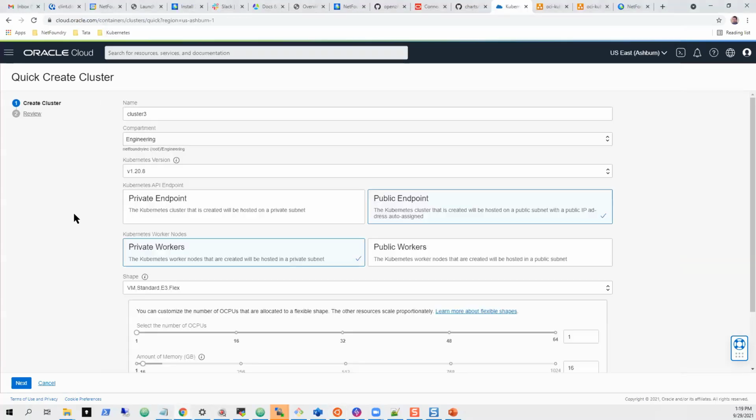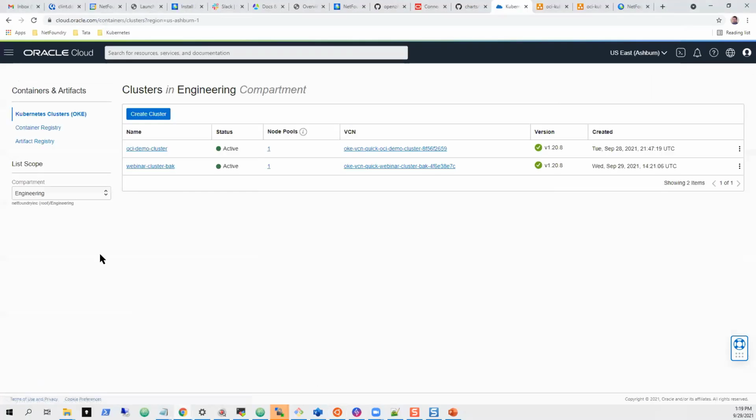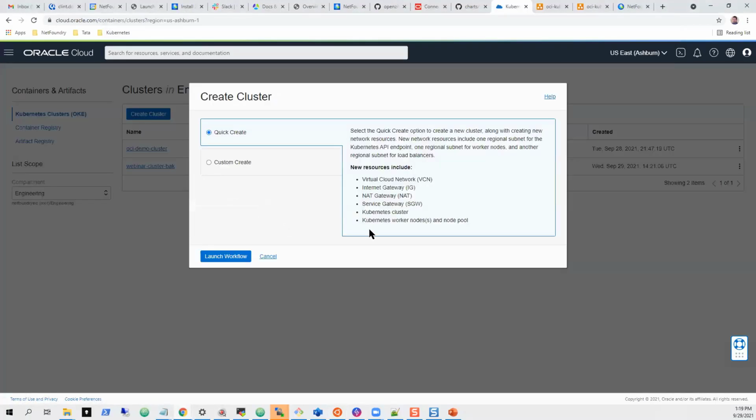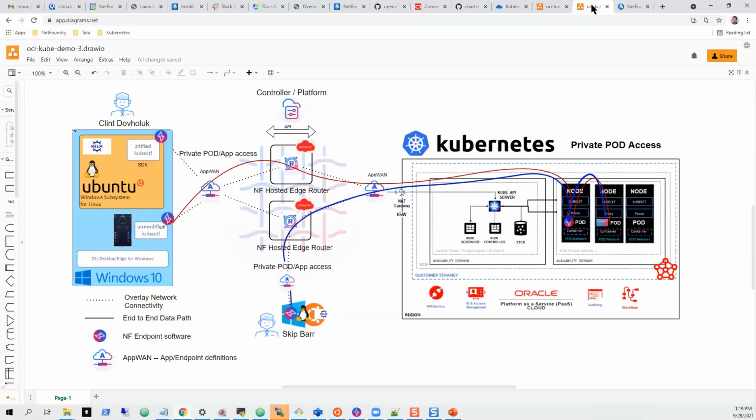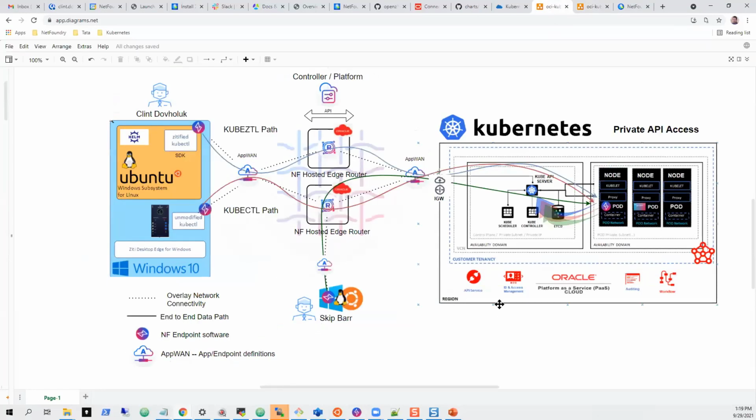the nature of when you build these, let me go back one and go back to create, either way, it does create the internet gateway and a NAT gateway. And you'll notice my diagram, I did put it. So when we first get installed, and I'm going to take you through this picture a little bit, I do have that IGW there. Once I establish my connectivity to my software in this pod, then I can haul this away and take it out. And then all egress will be through a NAT gateway.